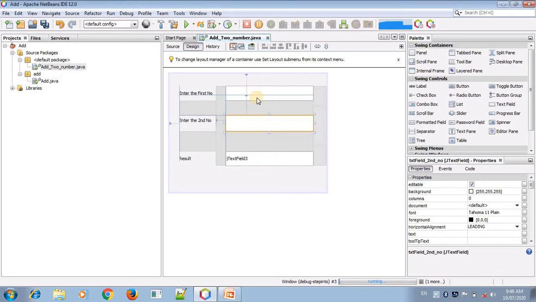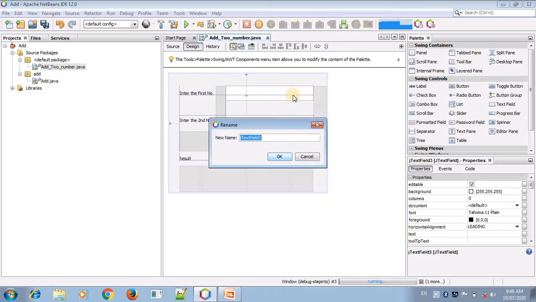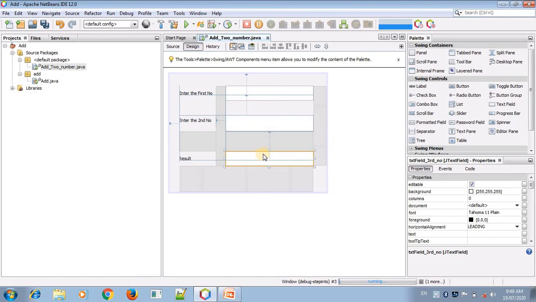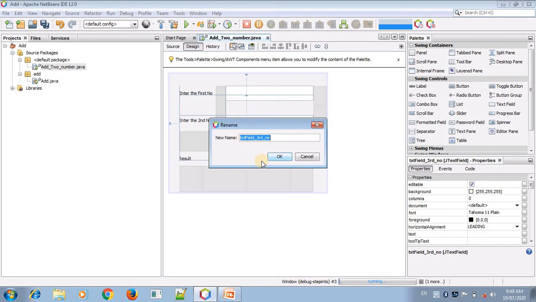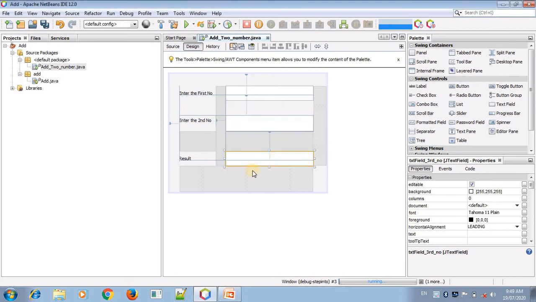So I have set two variables. For the third, same process: edit the text, click outside, and write txt underscore third number. I have declared the third variable, which is for displaying the result.